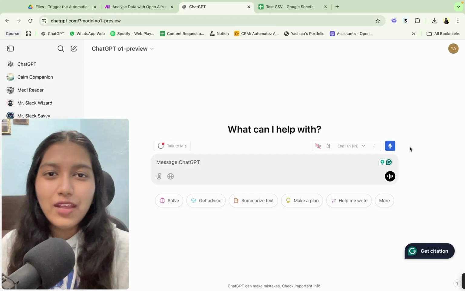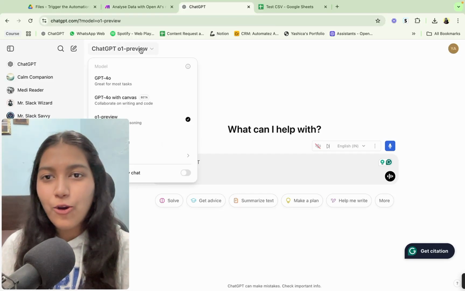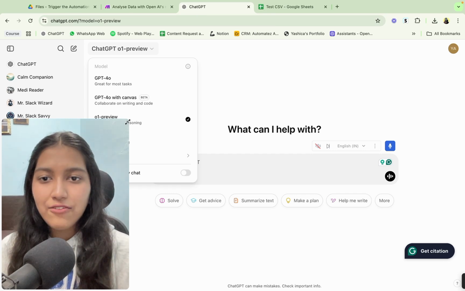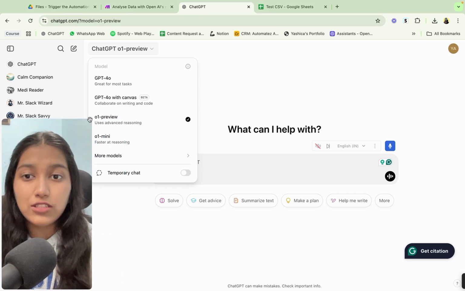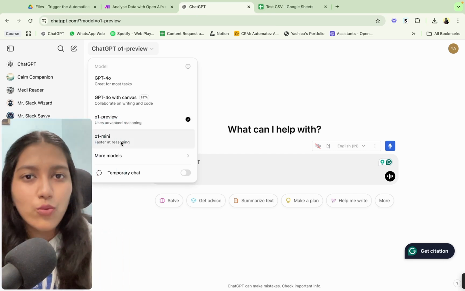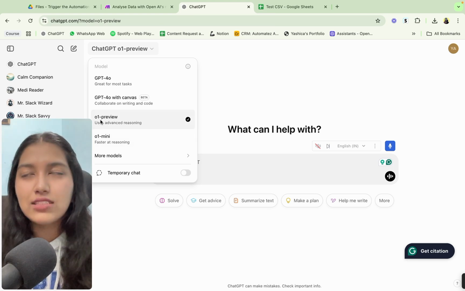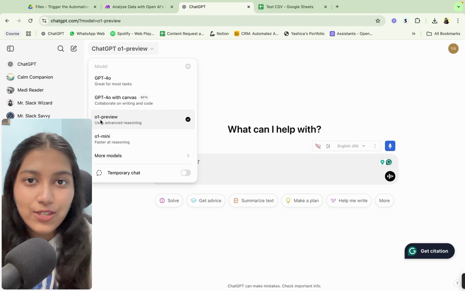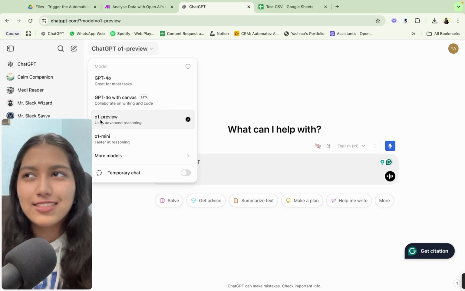I'm pretty sure anyone watching this video knows about the O1 series that OpenAI has released recently. They have given us two models right now. The first one is O1 Preview and the second one is O1 Mini. O1 Preview is very good at analysis. You can give it any data and it's going to give you a great analysis, just like a data